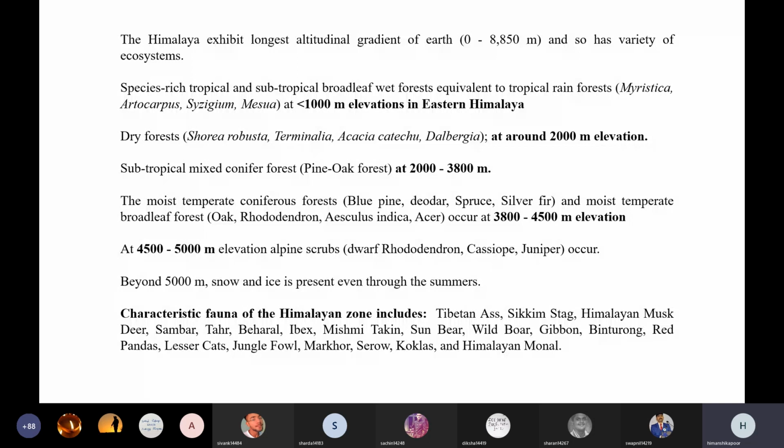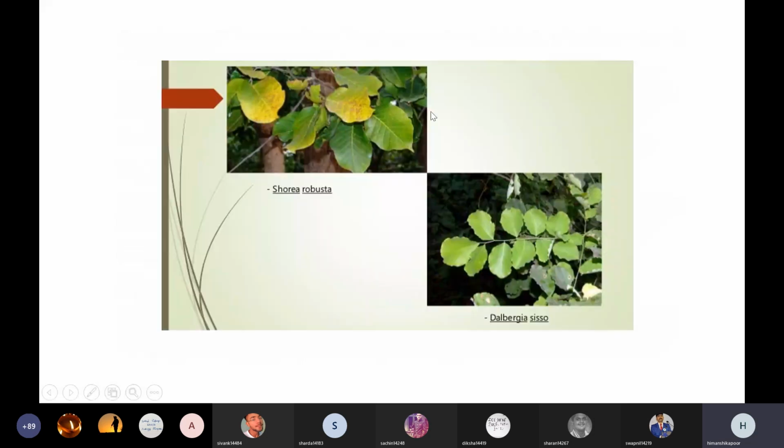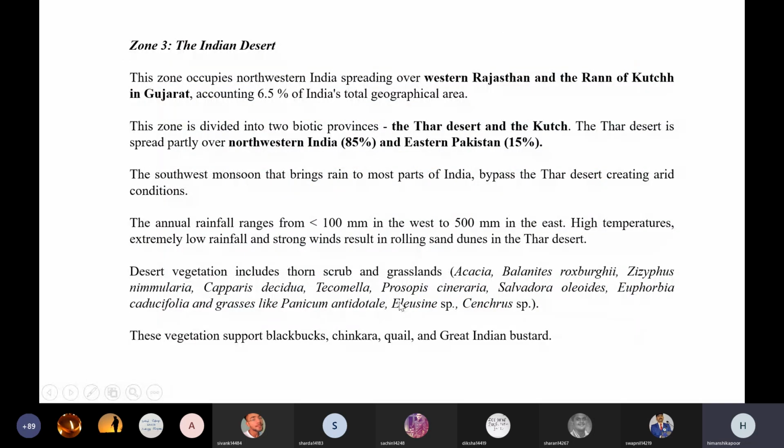Now coming to the animal varieties, here we have the Tibetan ass, the Sikkim stag, Himalayan musk deer, and sambar. All these are the animals which are present. This is the Shorea robusta, the leaves of this tree. This is the leaf of Dalbergia. So with this, we have completed the